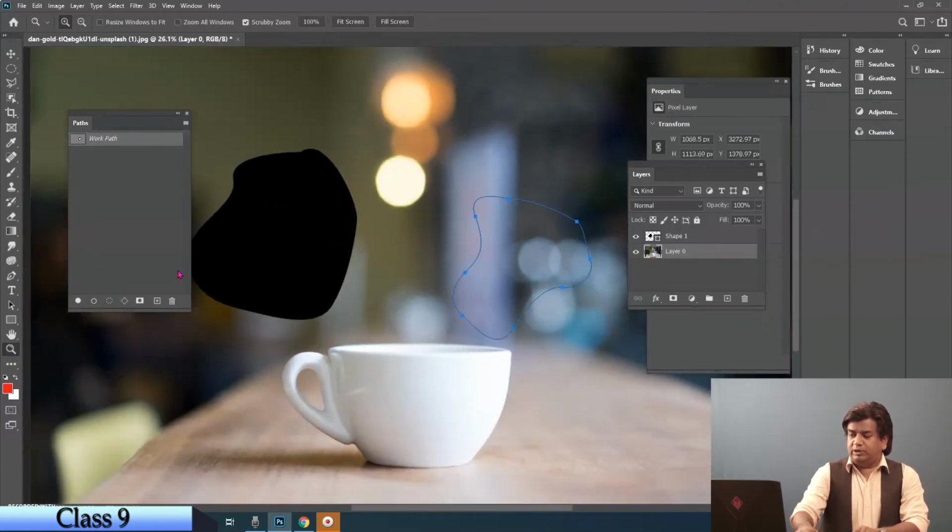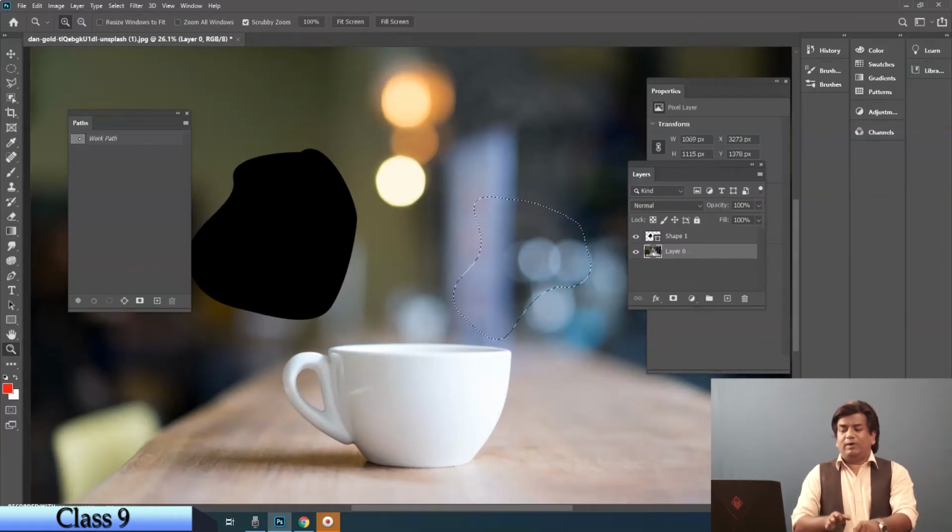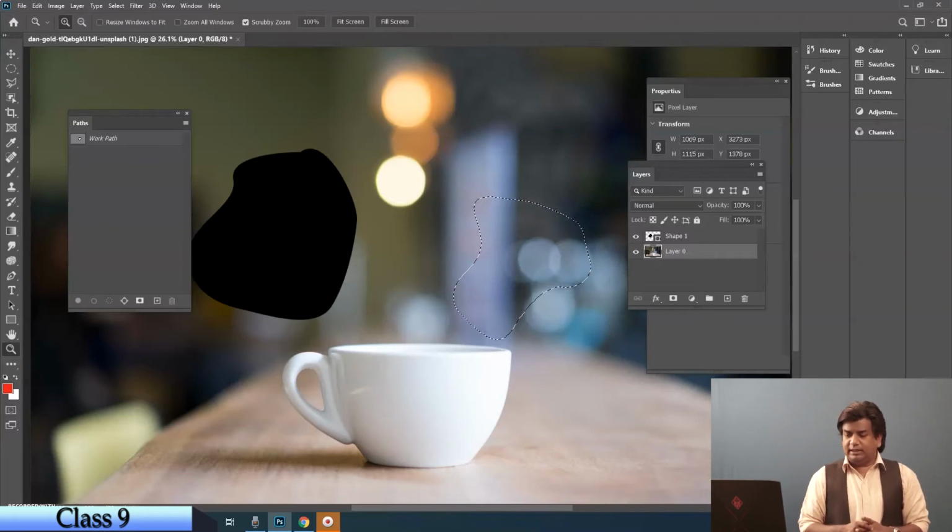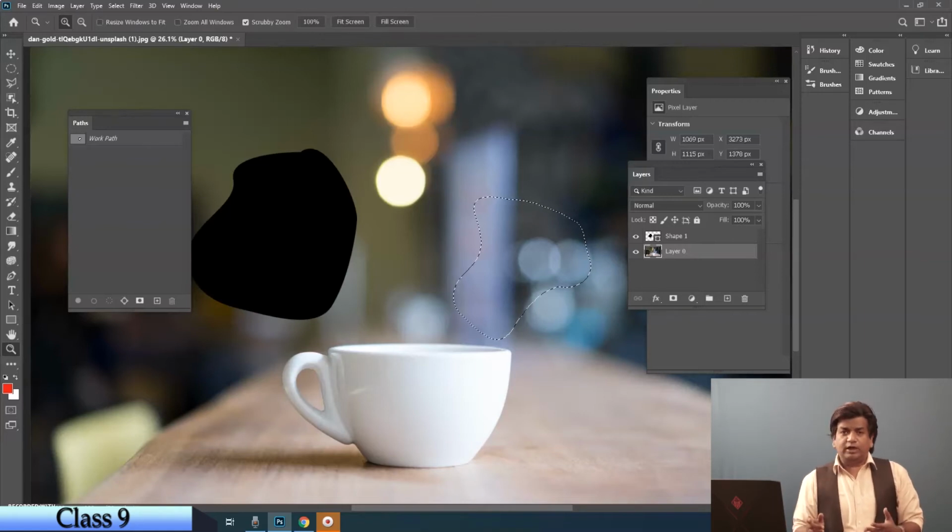Or else what we can do is, we can altogether convert this into a selection. Now once it is in the selection, you are in a position to do everything you can with the particular selection. You can copy paste, you can fill the color with your alt tab and all that thing, and you can basically stroke it out whatever you want to. You can do all those things here.